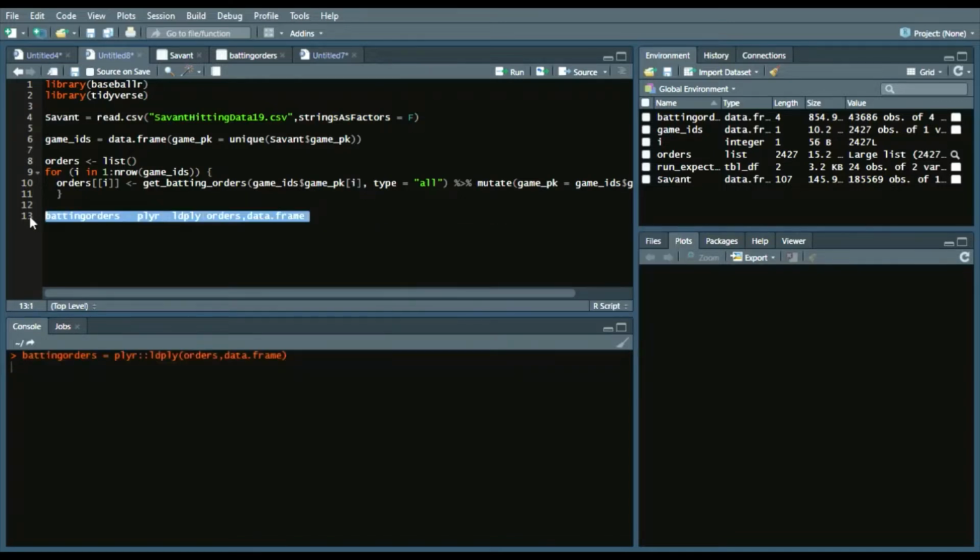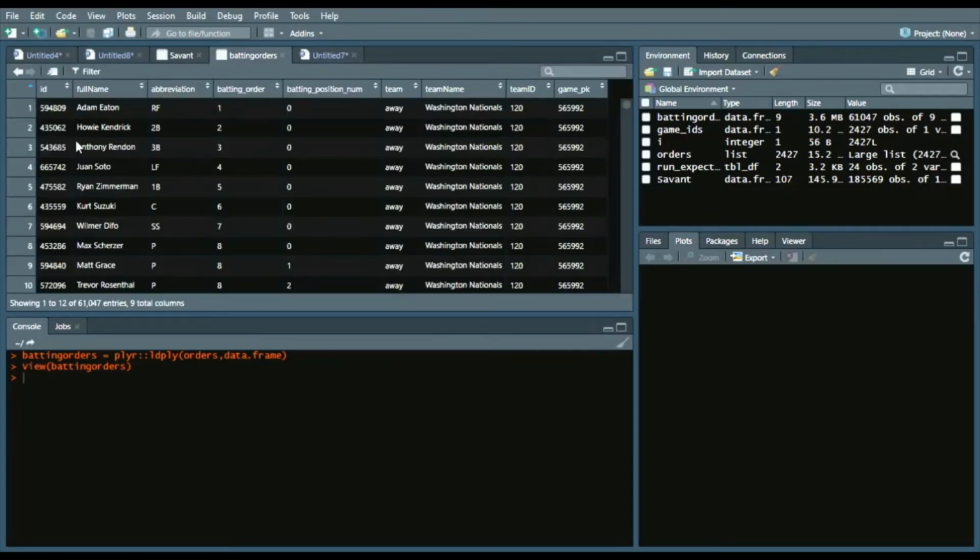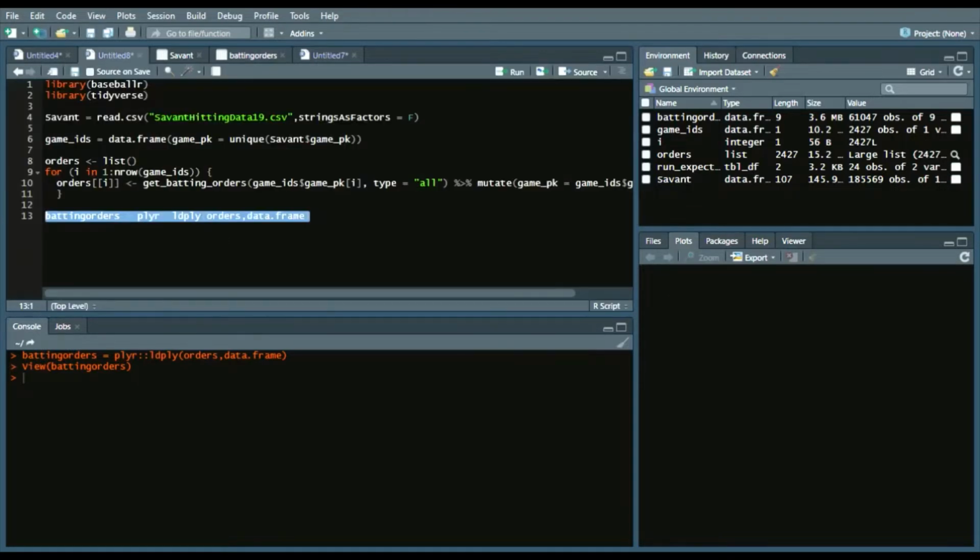So now we have that data frame of observations, and you can see ID, full name, abbreviation, batting order, batting position number, team name, team ID, game pack. We're not going to keep all of these variables. You can if you want, but what I'll do next is say batting orders,